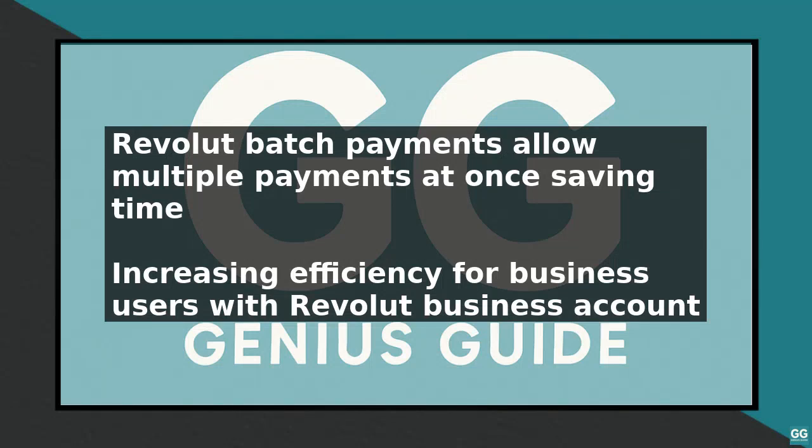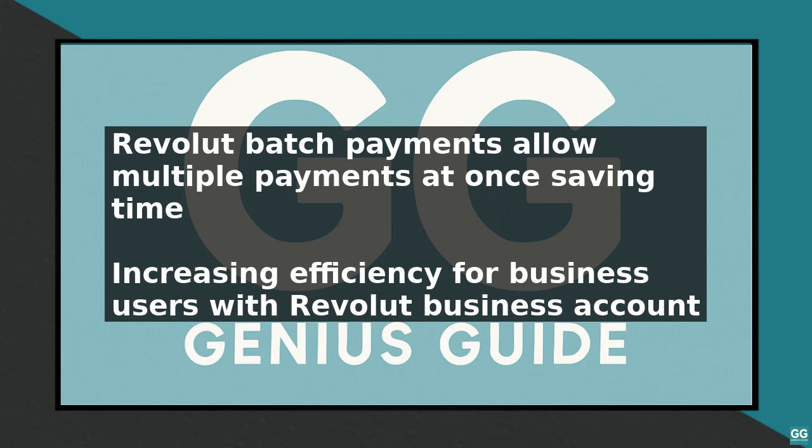Revolut Batch Payments is a feature that allows users to make multiple payments at once, saving time and increasing efficiency. This guide will walk you through the process of using Revolut Batch Payments, explaining key concepts, providing practical examples, and offering best practices. To start, you need to have a Revolut business account, as batch payments are only available for